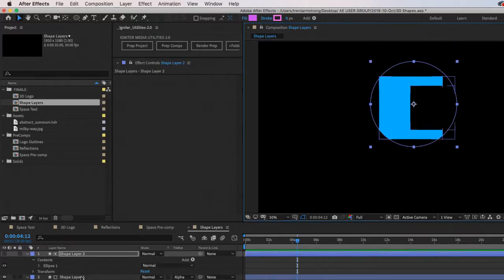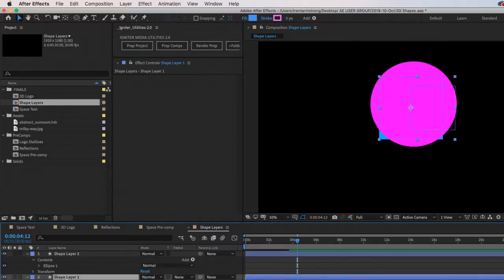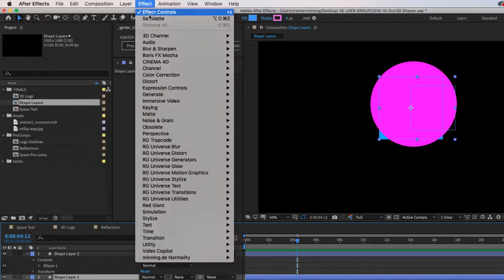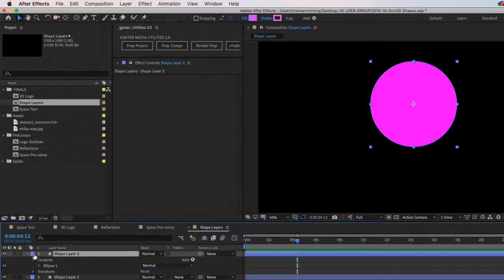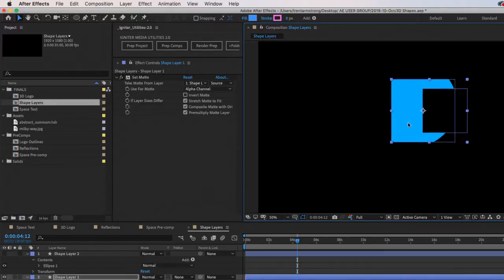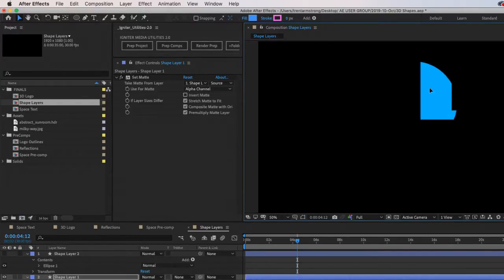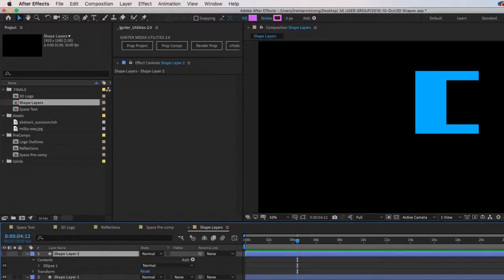I can use the set mat. Like that. And I can also combine them together under one content, under one shape layer roof.